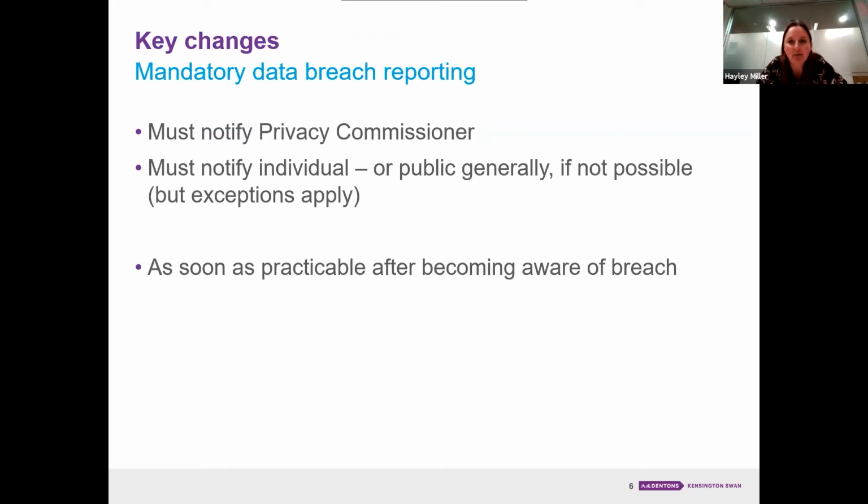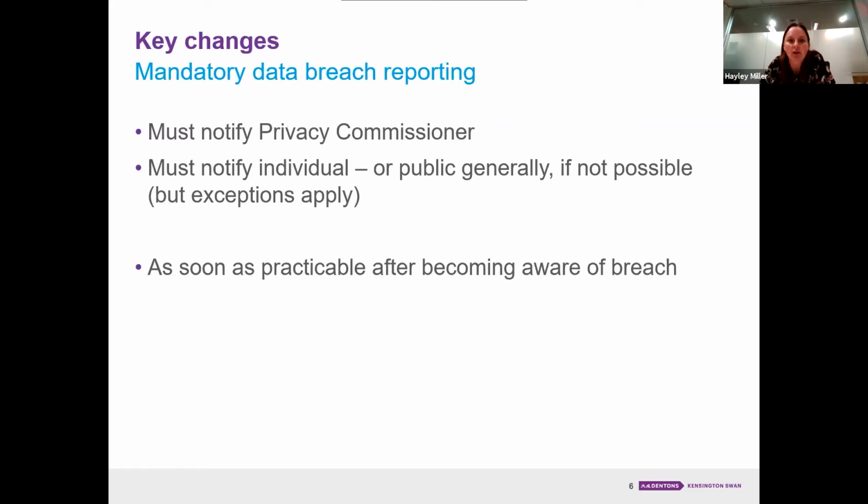So you've done your determination, you've worked out that actually you probably do need to report. And I think if we're following the example of Australia, there'll probably be a bit of an erring towards disclosing rather than not, particularly to the Privacy Commissioner. And I certainly think that they are trying to get themselves up to deal with more notifications than they've had before. I don't think they're going to go particularly harsh, hopefully, in terms of how they deal with it. Hopefully it is still going to be quite a useful and educational place to go, because that's certainly the experience we've had today. So the key here is timing.